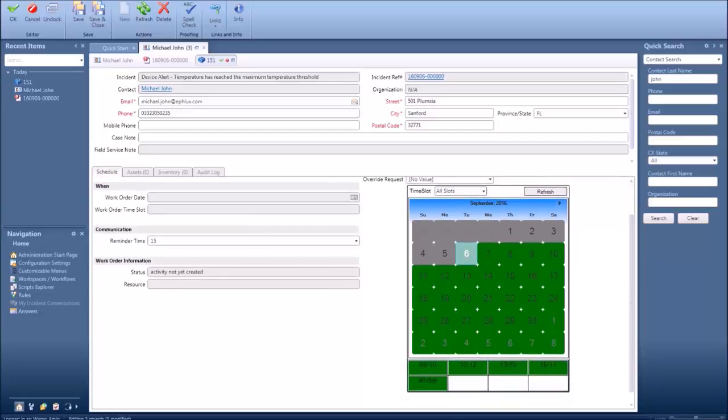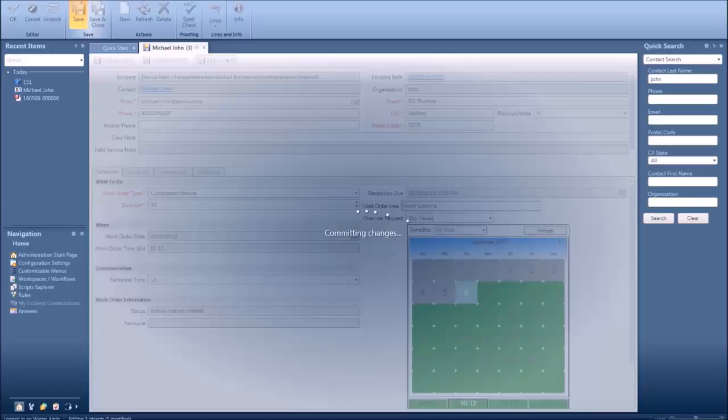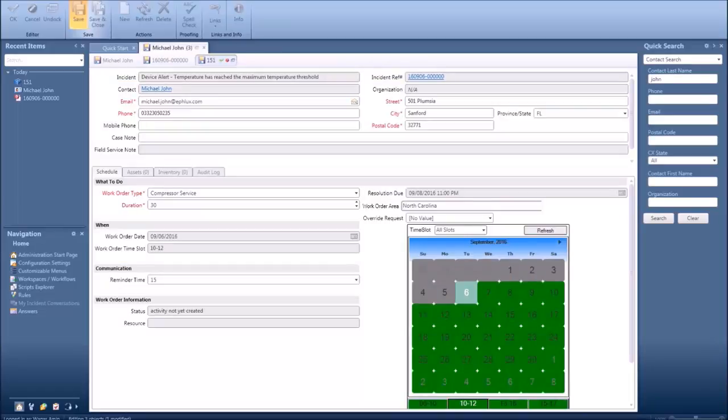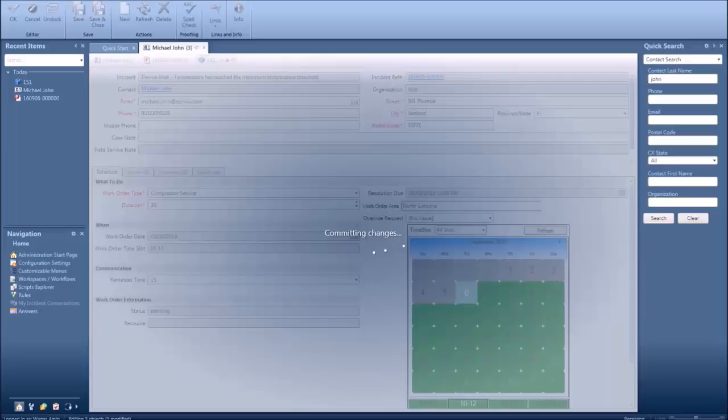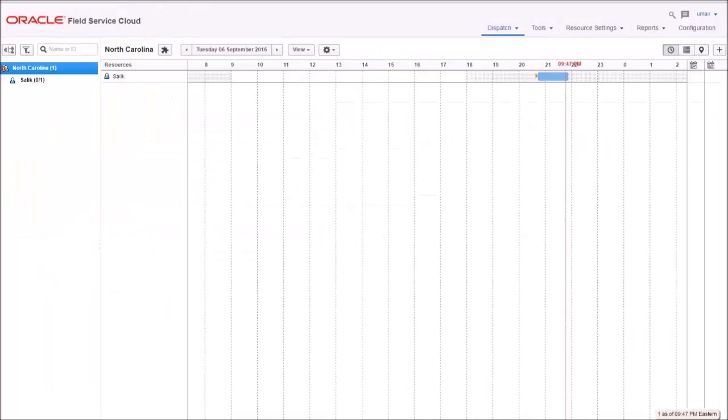We can select the date, a particular time slot from underneath, and we can actually send up all this information selected and saved from the Oracle Right Now Service Cloud all the way to the Field Service Cloud. And this is what we're going to see in a few moments. So let's save this up. So once the changes have been committed, let's see what happens on the Oracle Field Service Cloud. And we will notice that all the information that we had input on this particular form is right here.